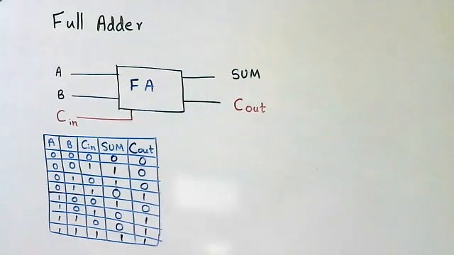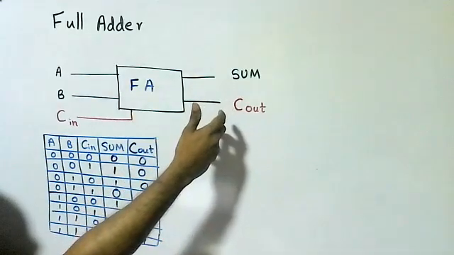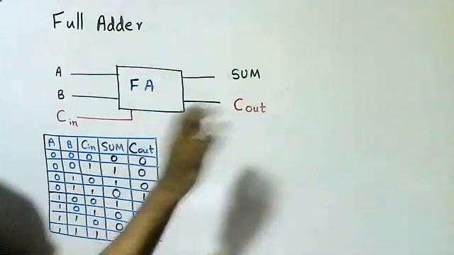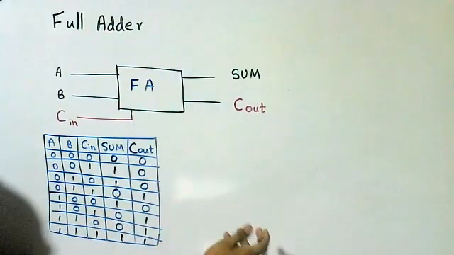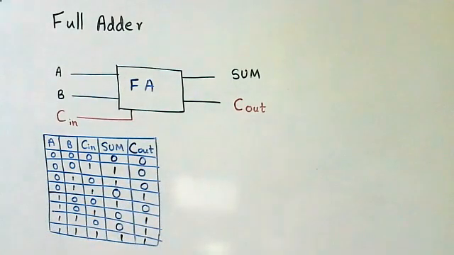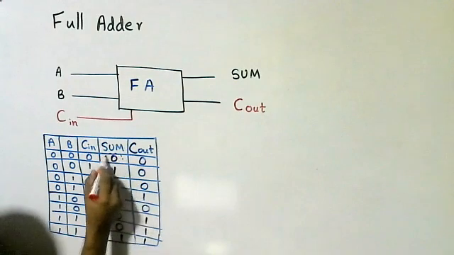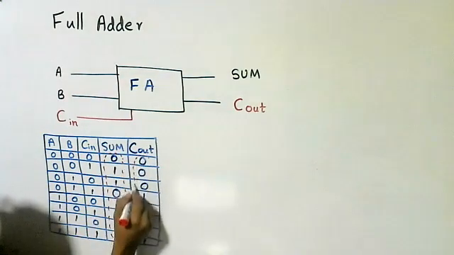Already it is designed, but according to our syllabus, we have to design it. This is a basic building block of a CPU, even the half adder. It is already designed and we are using it in the CPU, but here we have to learn how to design it. Already we have designed a half adder, now we are going to design a full adder, right? So we have to consider this, and you have to consider this.